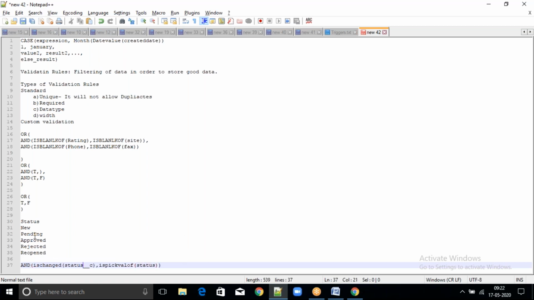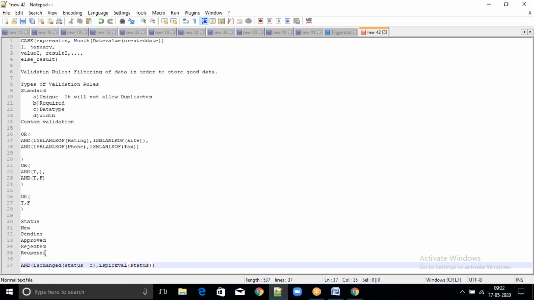Let's think the status is pending and I am changing to new. Now let's check whether this field is changed or not. Is changed of status will return true or false. See, the status field is there.